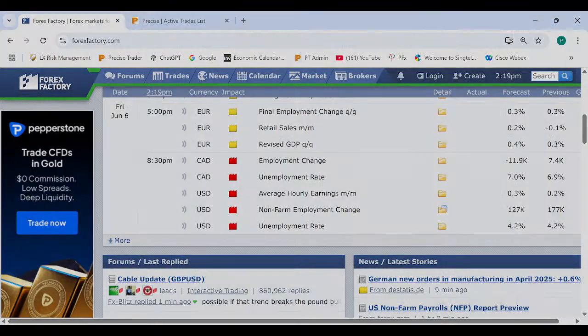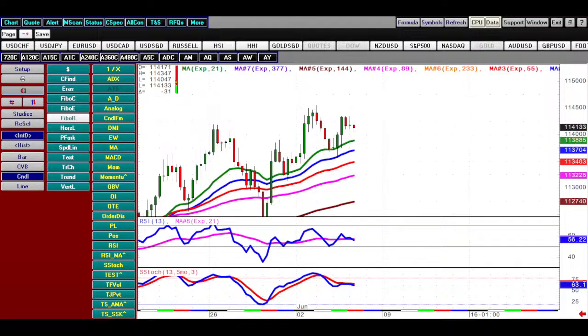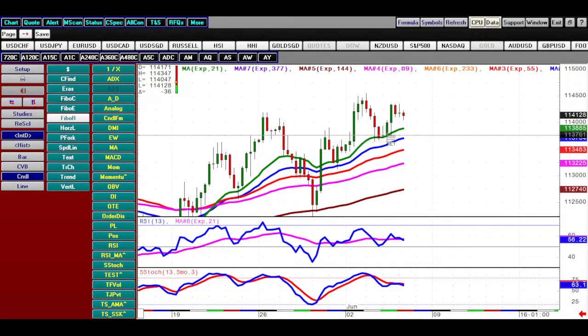Okay, let's move on to our live trades. Let's look into the, let me see, what chart is this? I'm not sure which chart is, let's see. Okay, so you're showing this. So here let's look at